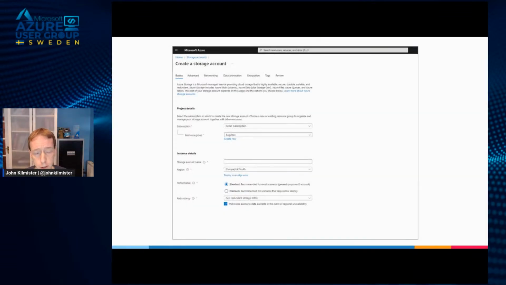We can create that, just as a quick recap, by going into the portal, searching storage accounts, and following through the wizard. Down the bottom under performance is where we select standard or premium. A lot of the things we have in the wizard for generating a new account we are actually going to cover today, so for a lot of the features I show you in the portal, you'll also be able to change those settings when you create your account.